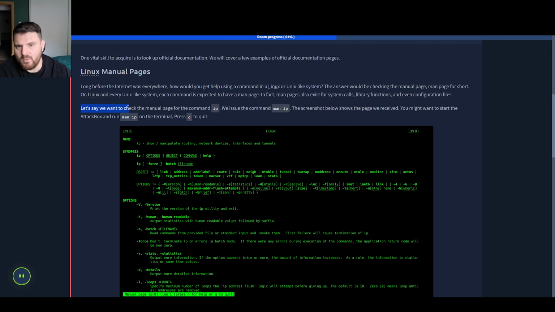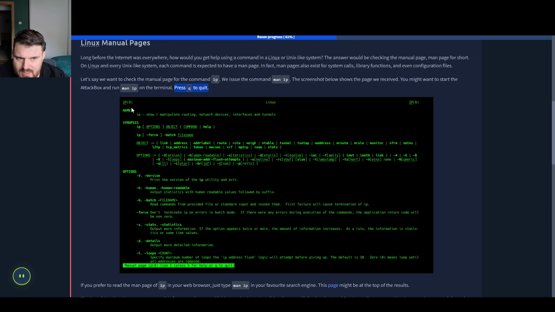Let's say we want to check the manual page for the command ip. We issue the command man ip. The screenshot below shows the page we receive. We might want to start the attack box and run man ip on the terminal. Press Q to quit. So this is what you will see if you run the command man ip on a